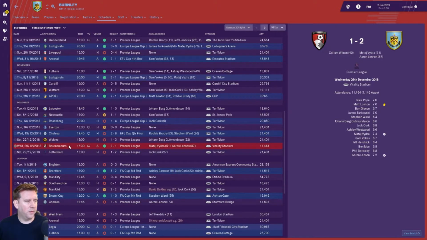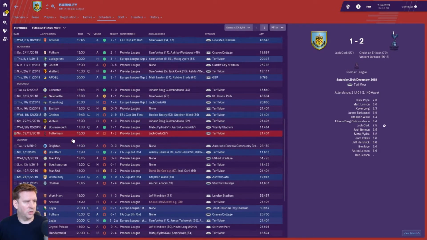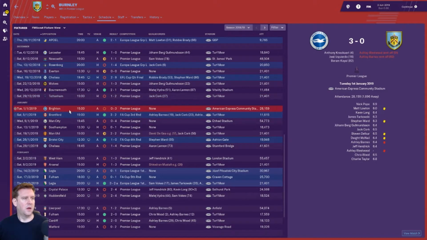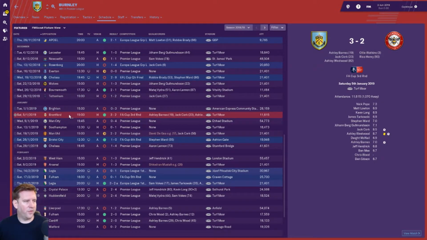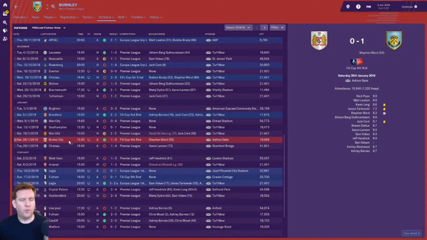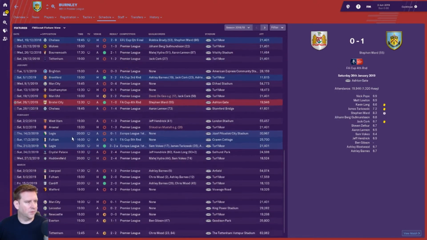Beat Bournemouth in the Premier League. Lost to Tottenham. Move forward to January now, not a good month. Lost to Brighton, but beat Brentford FA Cup 4th round. Lost to Man City, Southampton, and drew with Man United in the Premier League. Beat Bristol City, FA Cup 4th round. Then another bad month, which led to the sack in